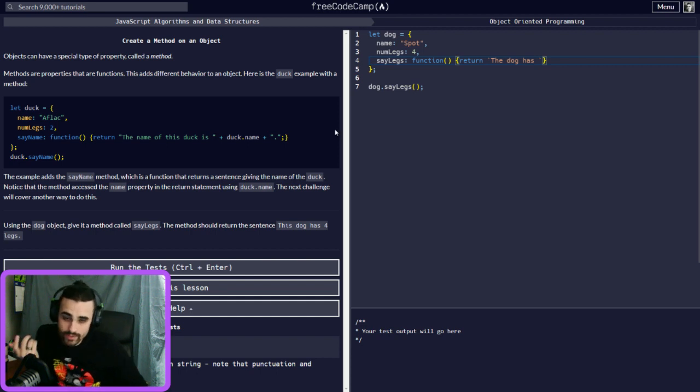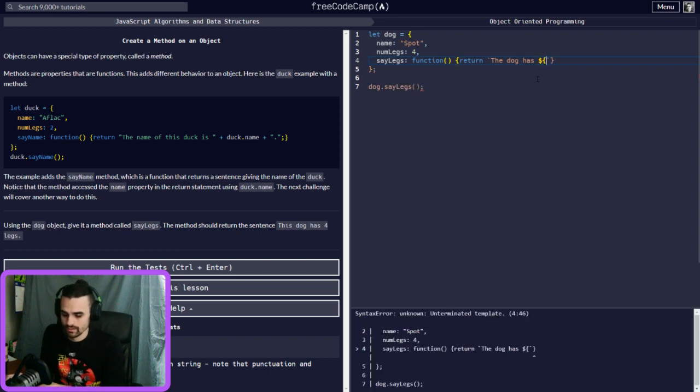Well, if you remember, to make that a lot easier, we don't have to do that. We could just do the dog has, and then remember we do the $, and then we put the curly braces, and then we're gonna call the dog's legs.